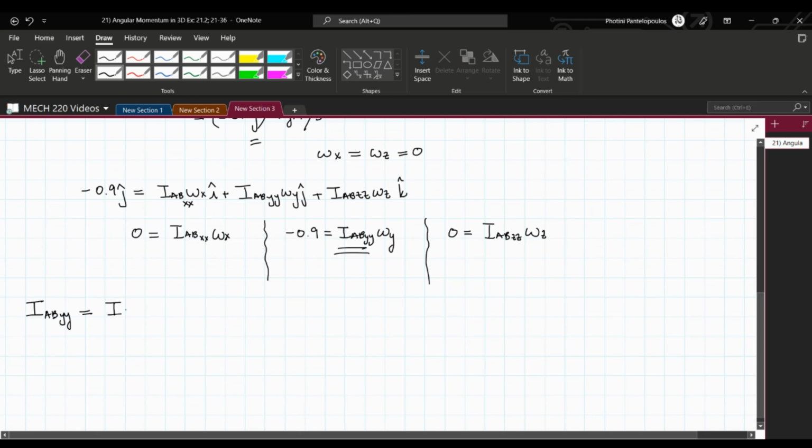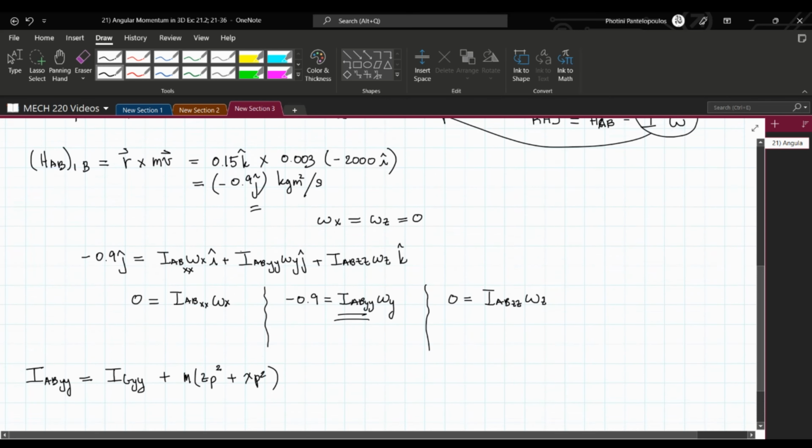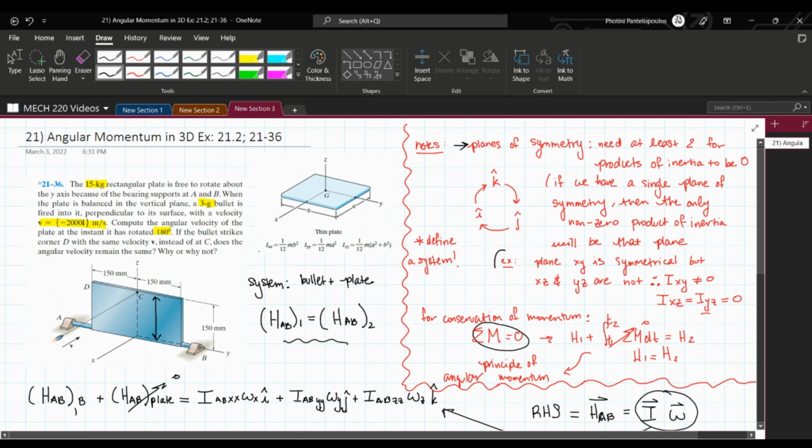we'll have to use an equation called the parallel axis theorem, which is the moment of inertia at the center of mass plus the mass times the distance to that center of mass. Now, if we look up here, I've already pasted the moment of inertia about the center of mass for a thin plate, and essentially we'll be using this one